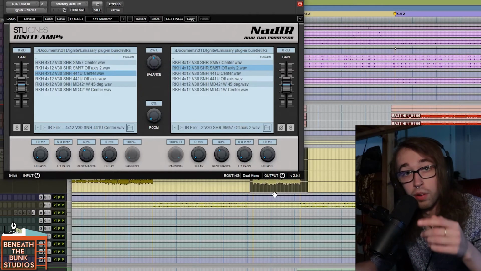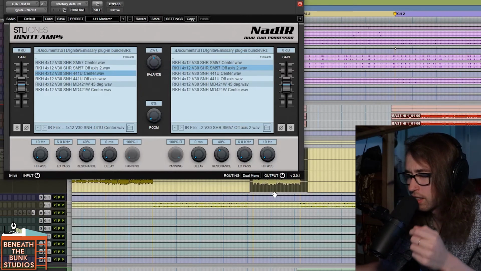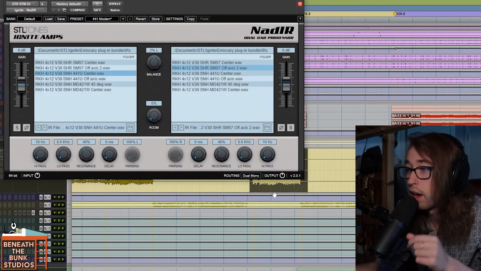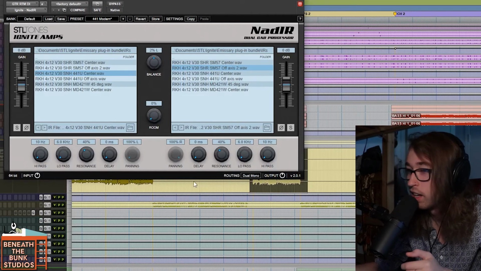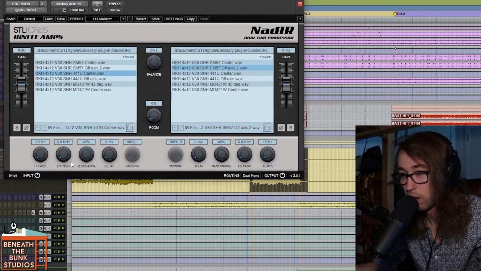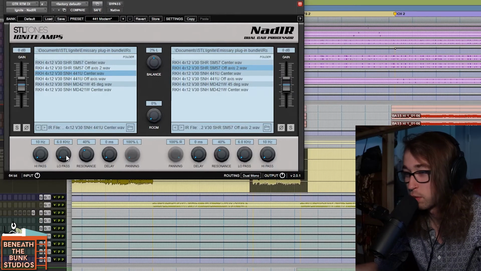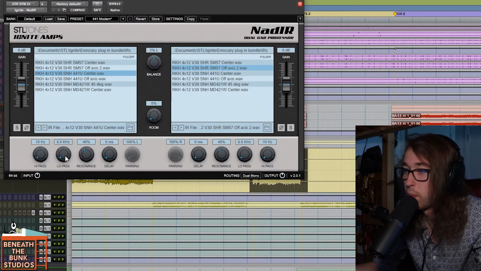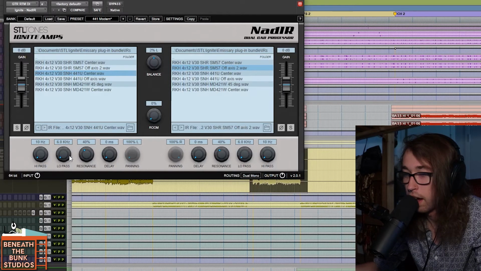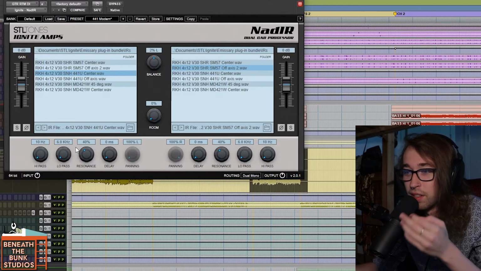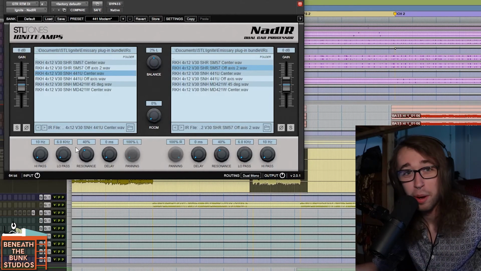The one thing that I really can't stand about NetIR, and it's why I'll probably never use it again, is that every time you load up this plugin, and there's probably a way in different DAWs to make this not a default setting, but it's not even worth it for me to do because I just can't stand that this is even a thing in the first place. There's automatically a low pass filter down at 6K on each side, which is ridiculous because somebody who's a beginner